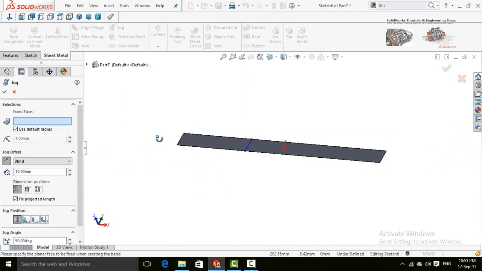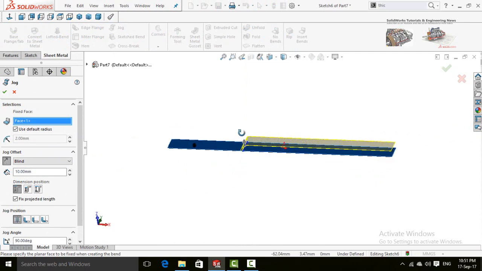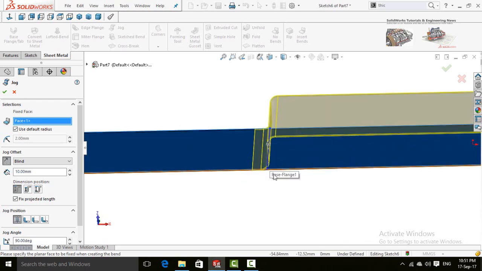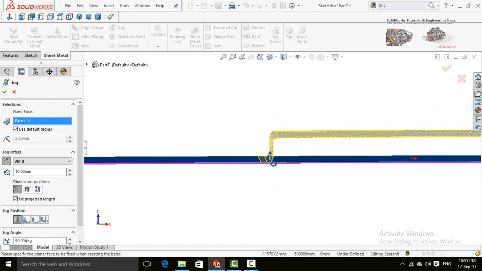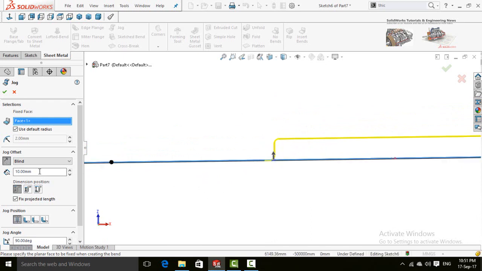Select jog command. First of all, it will ask you about fixed faces. So this is our fixed face. Our sketch is automatically selected. So you can see there are two bends in our sheet metal. This is the distance from this point to this point. You can increase or set your own.